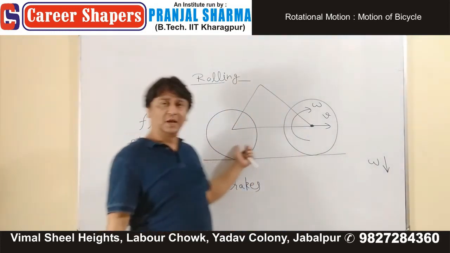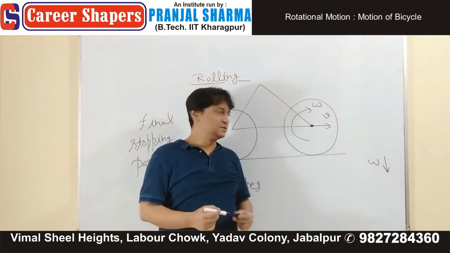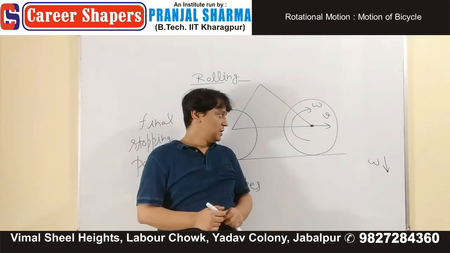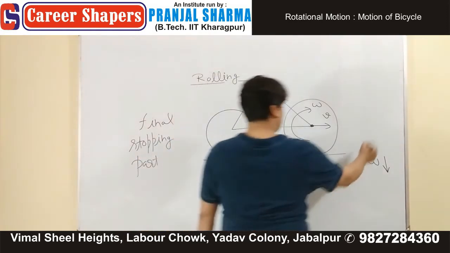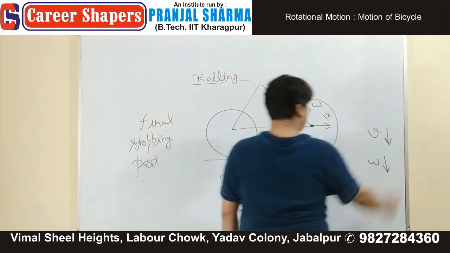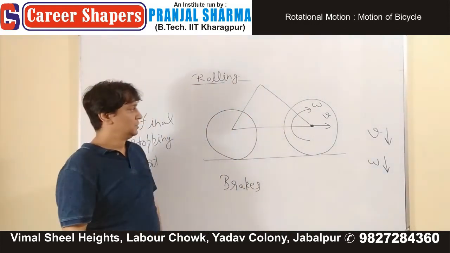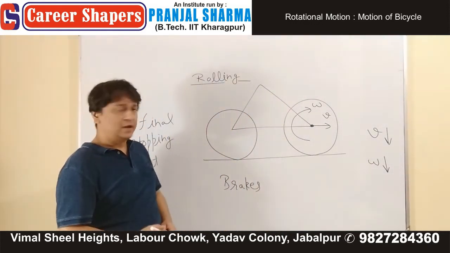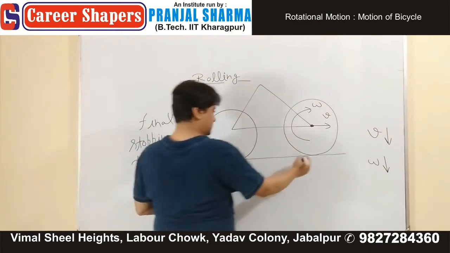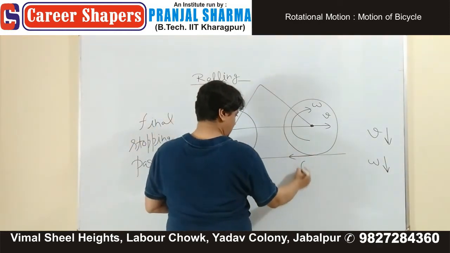Omega for the rear wheel as well as for the front wheel is going to decrease. And of course, V is also going to decrease. If I say that friction is still acting in the backward direction,